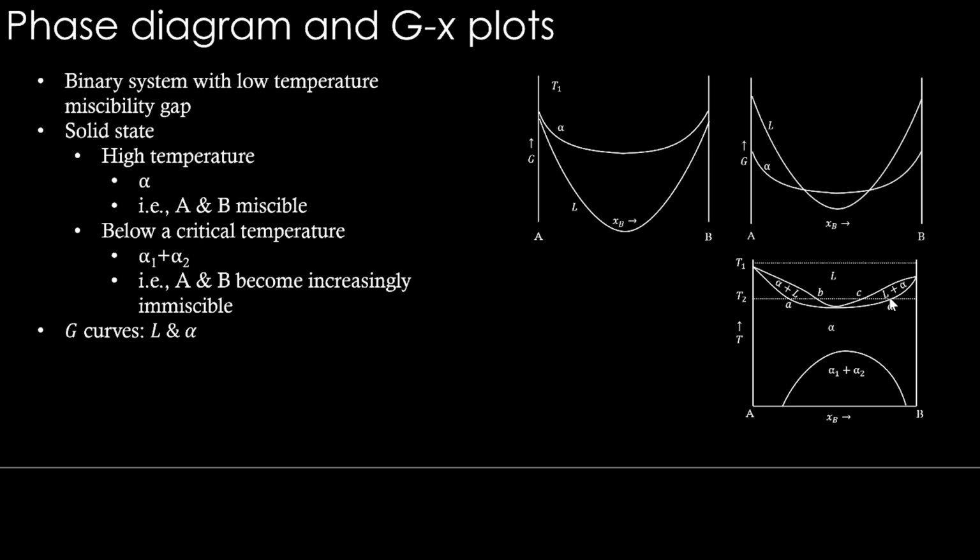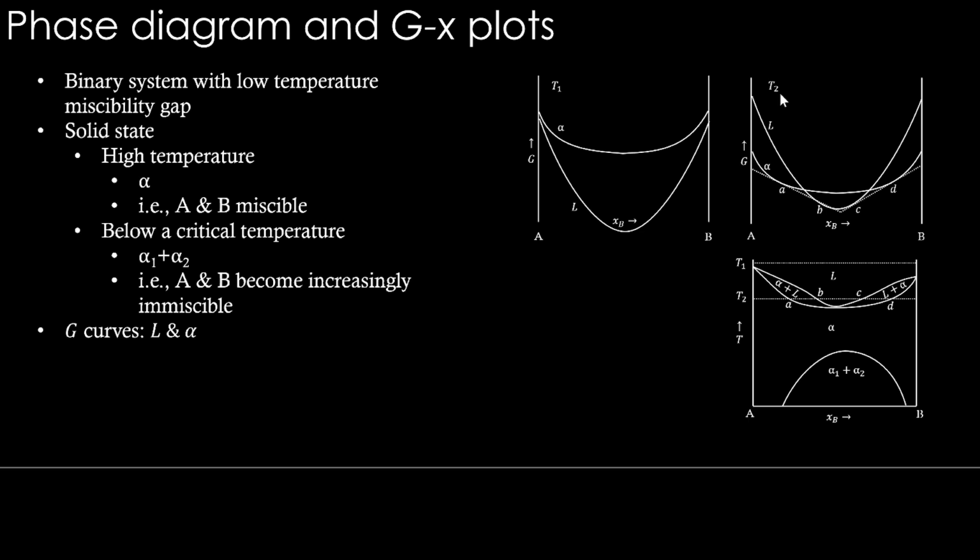So this is how the curves are. Now you have to carefully construct this if you have to come back from the phase diagram to the curve. So liquid is going deeper, coming like this, and the solid alpha is like this. Only when you have this kind of liquid plus solid curves, you will have a tie line going like this at temperature T2, where it touches the A and B points. So if you take these two points, correspondingly you can mark them in the phase diagram against temperature T2.